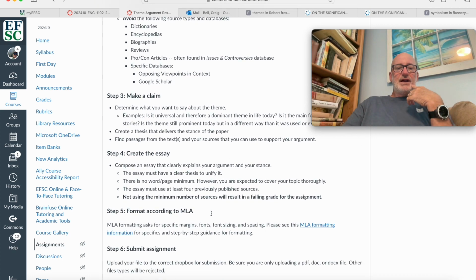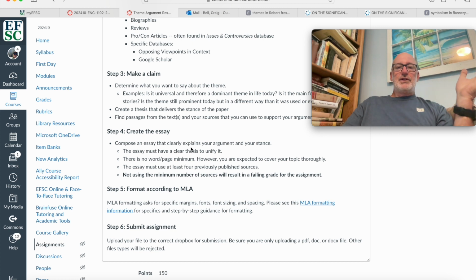And then you're going to create the essay. Compose an essay that clearly explains your argument and your stance. Clear thesis to unify it. There is no word or page limit. However, you're expected to cover your topic thoroughly. Again, I don't have a page limit or a word limit, but